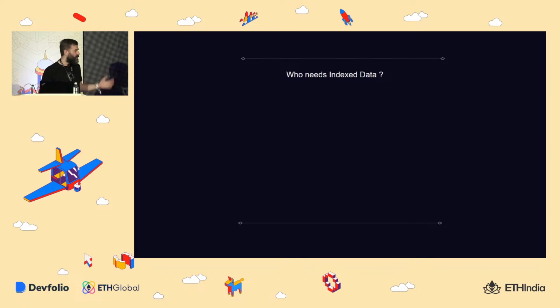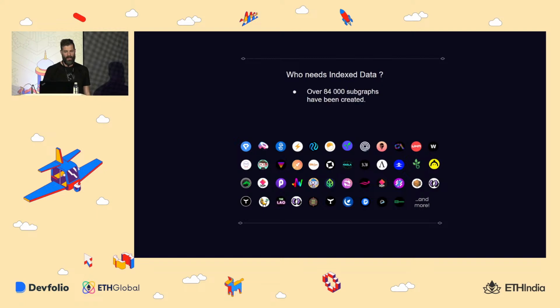First of all, I touched on this a little bit earlier, who needs indexed data? And that was a question we asked when we started, close to how many years, 7, 8 years ago, since the inception of the Graph. And it turns out that everybody needs it. We have over 84,000 subgraphs that have been created so far. So every single dApp